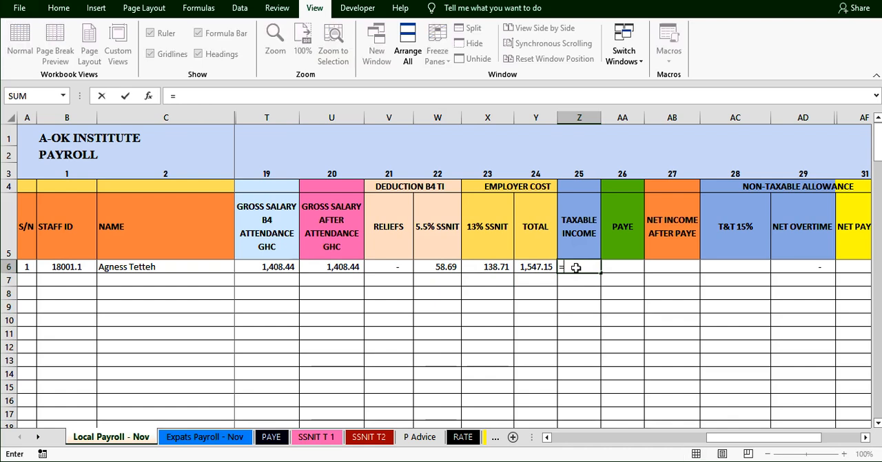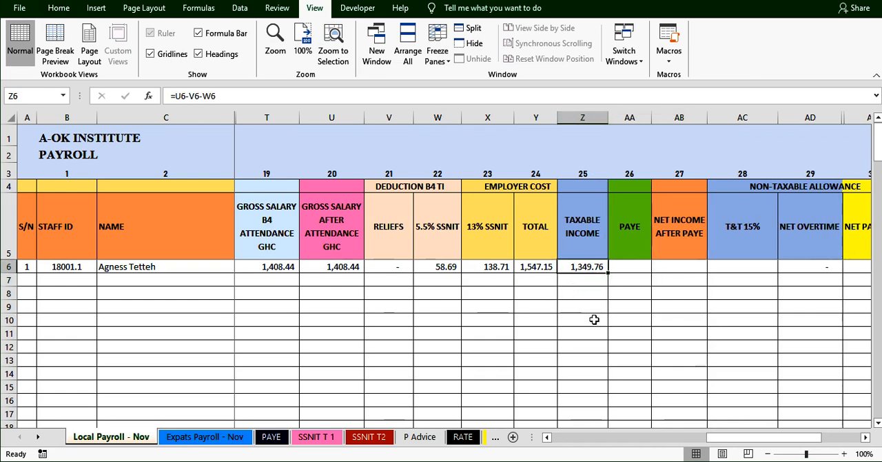It is going to be your gross salary after attendance, this figure, okay, minus relief, if any, minus SSNIT, and then we enter. So this will be our taxable income or chargeable income. The next thing that we need to do is we need to calculate our income tax